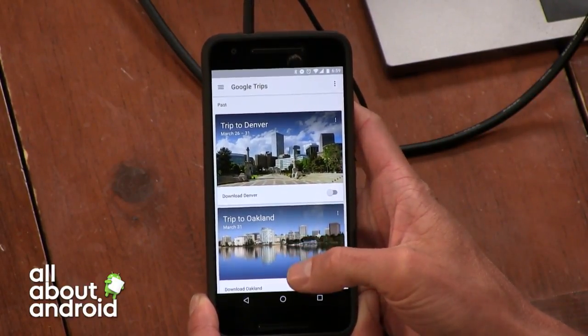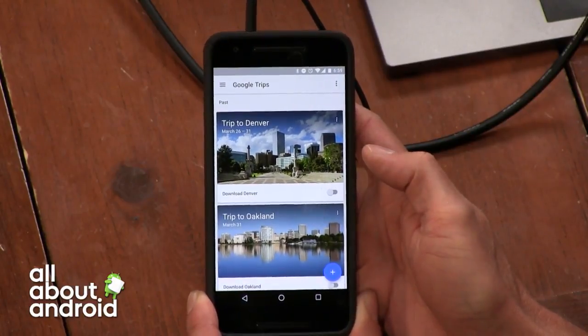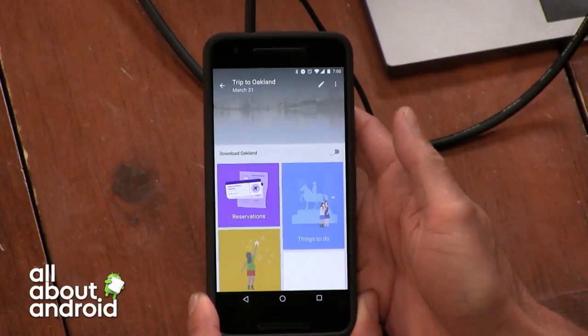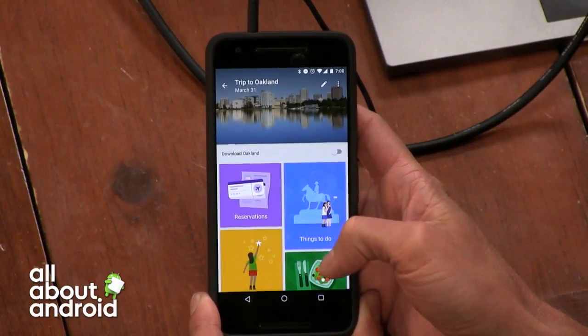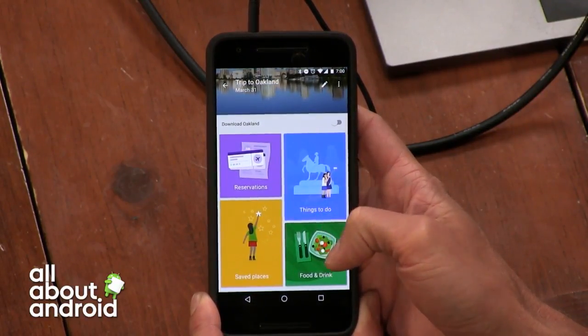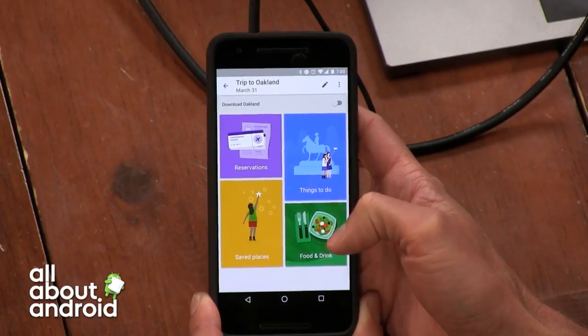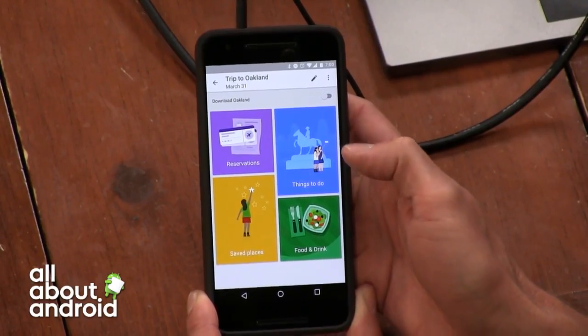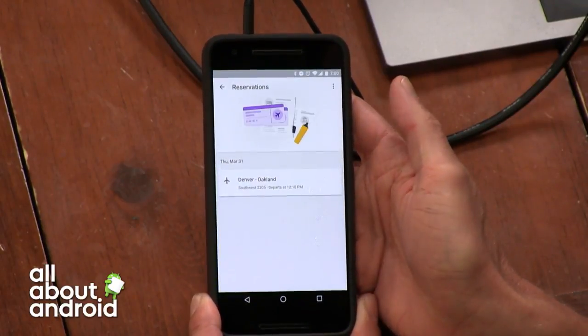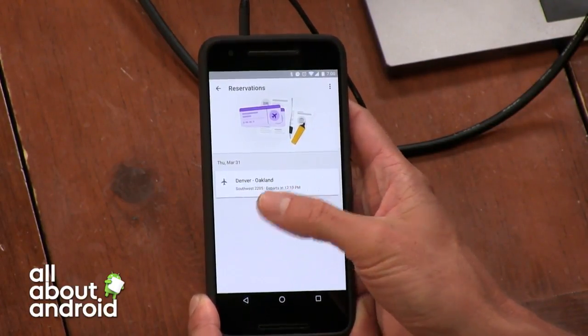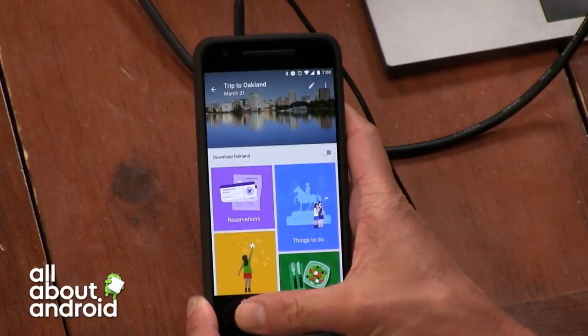Apparently I took a trip to Oakland. I was about to comment on that. I was about to ask, is it suggesting you go to Oakland? Because that's a bad suggestion. It knows that I spend a lot of time in Petaluma, so anything outside of Petaluma is a trip for me these days. But yeah, I don't know what I'm going to get here. Oh, I see. I went to Denver via the Oakland airport.